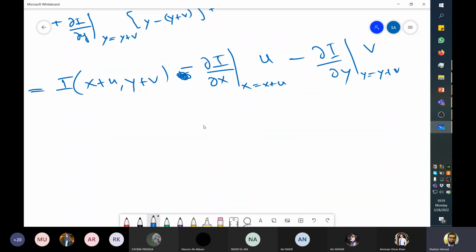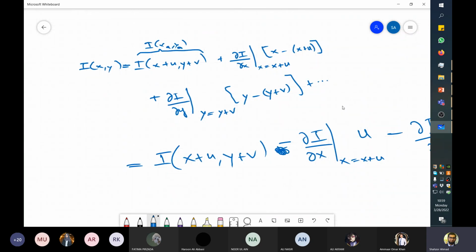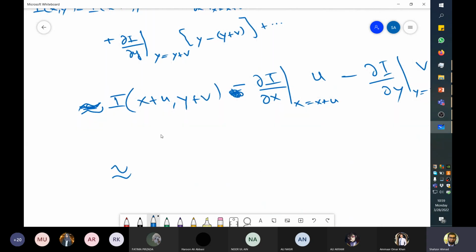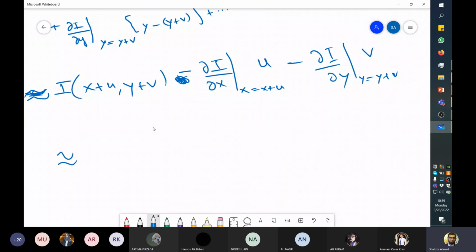Now inside this we will do something to basically simplify things. By the way, because we are not taking into consideration higher order terms, we're just ditching them. So I will place an approximation here. Now this is no longer equal to, this is just an approximation of I of x y because we are not considering higher order terms. So this is I of x plus u